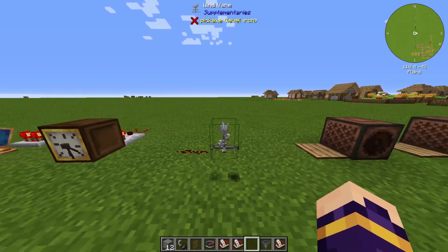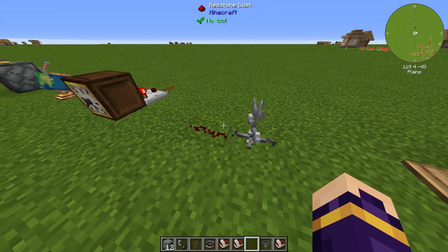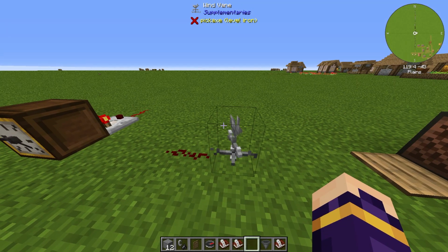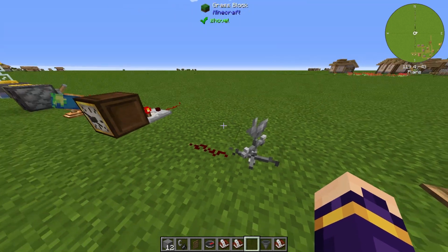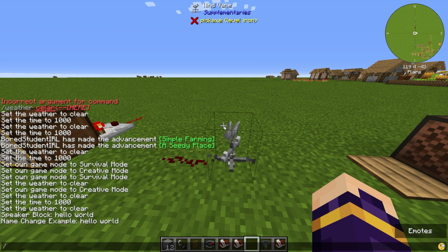Okay, so the next block that we have here is the wind vane. It's mostly a decorative block. However, it does, on certain conditions, put out a redstone signal. And there's two conditions under which it puts one out. The first one is rain. So you can see right now the redstone dust, there's no power in it. But if we do weather rain, let's